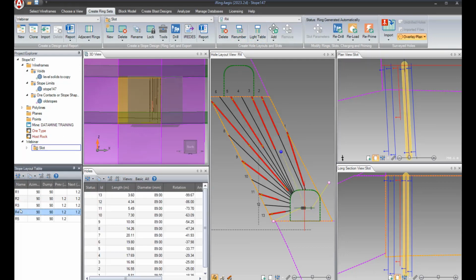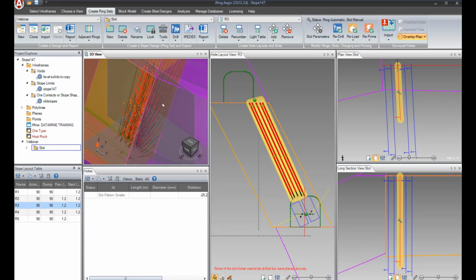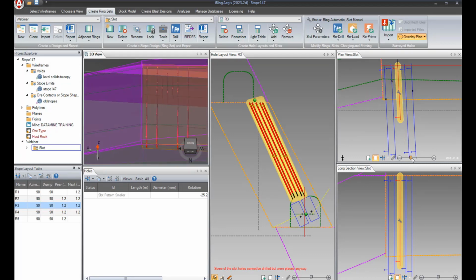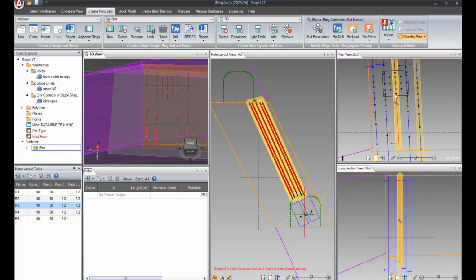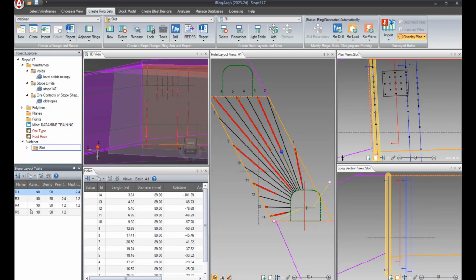Once that's done, I'll also check. Here I can check the slot, if it's positioned the right way I want it, so it's good. I can also see the holes here. So it's ring 2 and 4. This is within the slot, so what I'll do is I'll just delete them so that I can recreate them